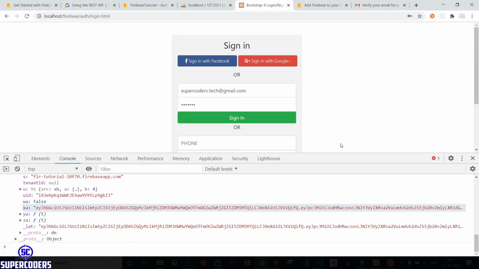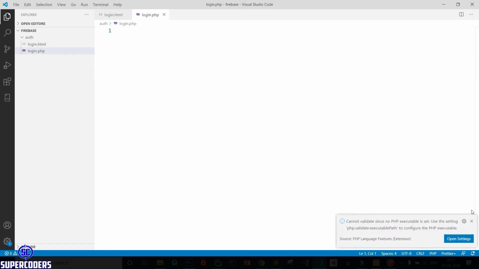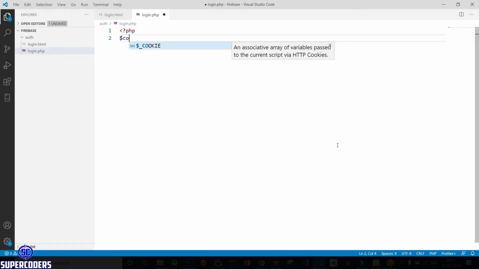So let's see how you can use this combination to save the user in our database. First make a page, login.php. Open PHP. Now making the database connection. So $con equal to mysql_connect, localhost, database username.